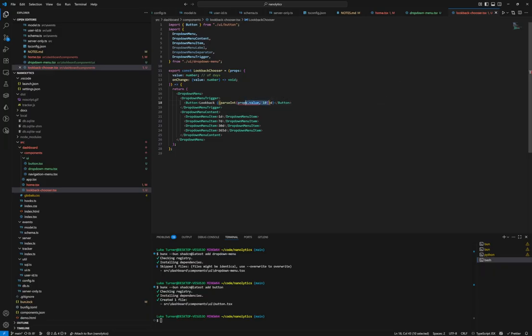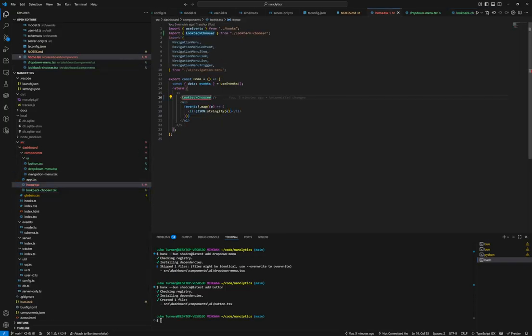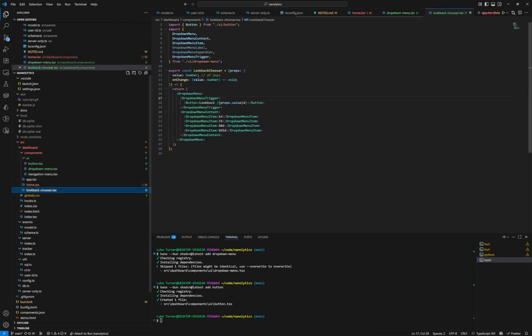Oh, wait, I did that backwards. This would be props.value.toString. I guess I don't even really need the toString. And we'll set this to value. Let's just start it at 10. Well, it started at 1. And then on change, I guess I'll make that optional. Although really it should always be passed, but